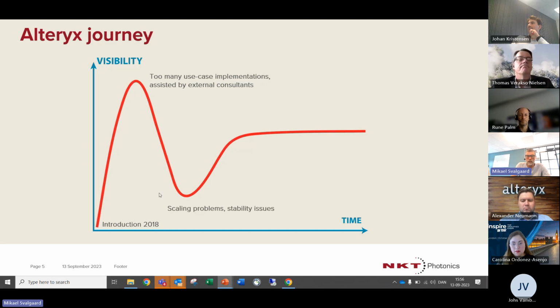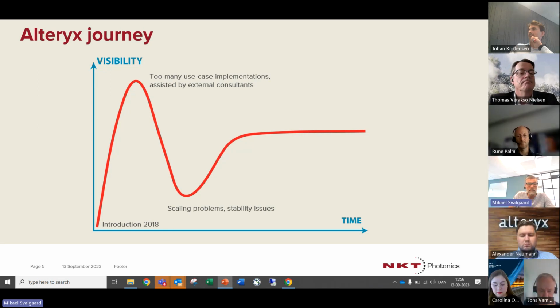We experienced problems with scaling this up. We experienced problems with the stability of the data services that we tried to provide. And this was maybe 2 years ago, 1.5 years ago, just about the time that Johan started, actually.